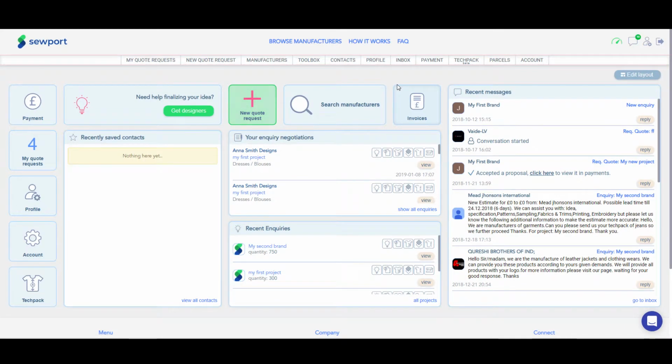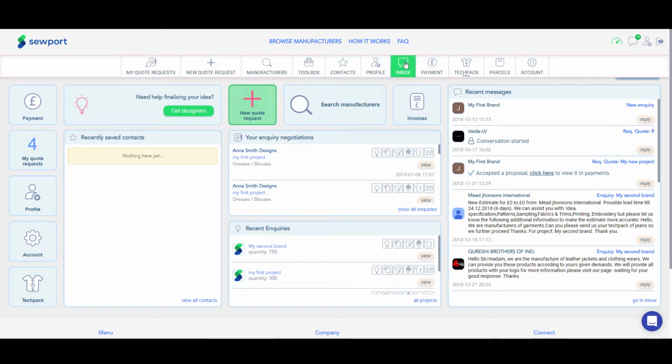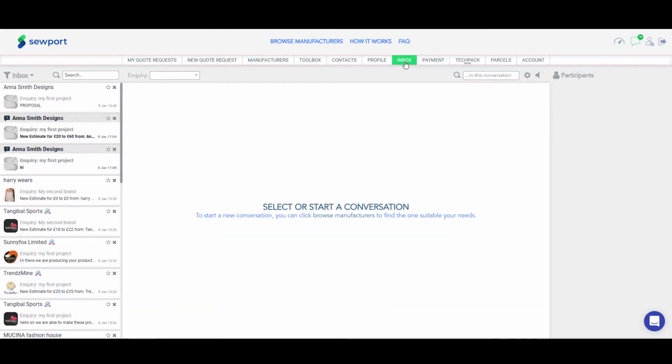Let's have a look at our built-in messaging system. In the navigation bar above, select Inbox. In the chat room, on the left side, you can see all your active conversations. On the top of the conversation list, you can find an inbox filter where you may see your unread, starred,